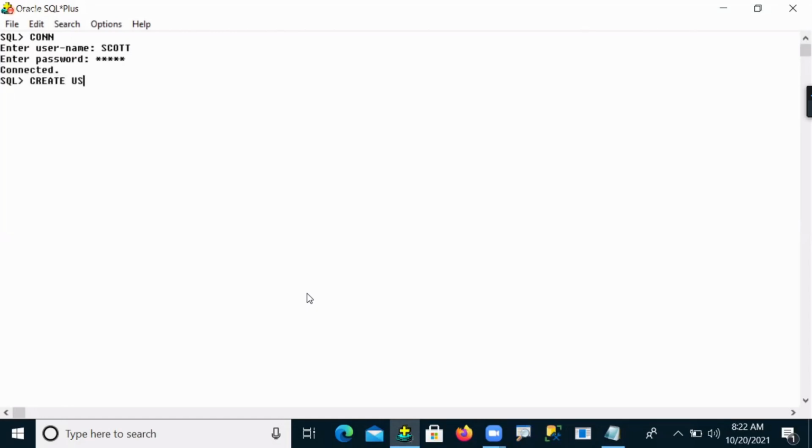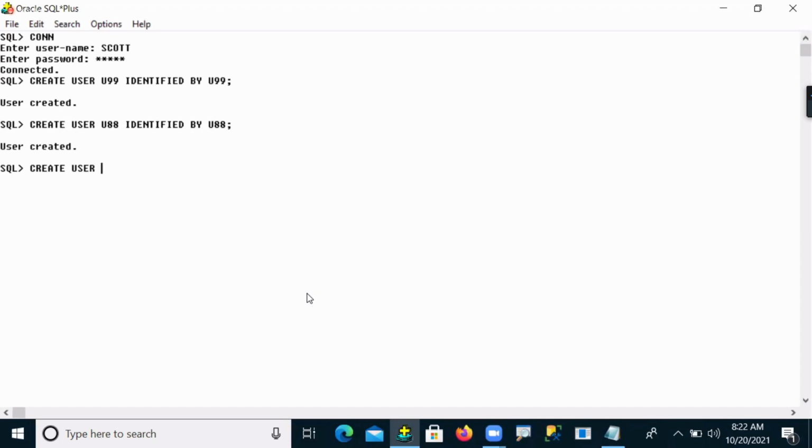After that, he creates some new users: create user user99 identified by user99, create user user88 identified by user88, and create user user77 identified by user77. So the admin created the 3 users.